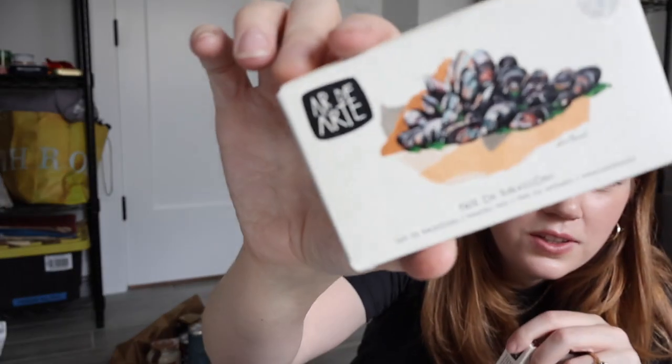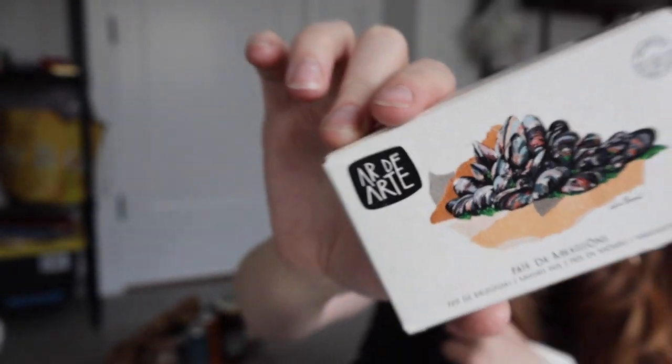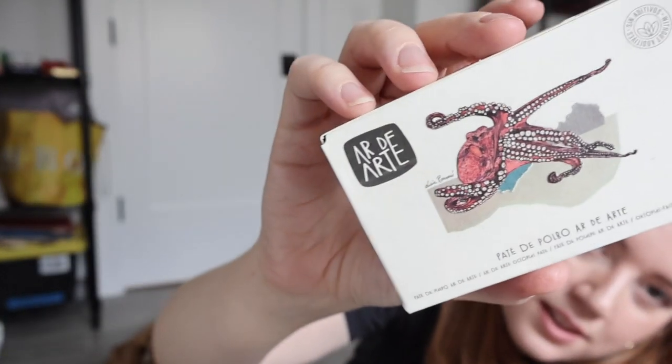And then, speaking of pates, this brand has some of the most beautiful tin fish art I've ever seen. I'll show you this one. I mean, come on, so pretty. They actually commissioned an artist to make these beautiful prints, if I'm getting that right. They're so stunning. Art to art. And the other tins are not cheap, but these ones are a little bit more reasonable, like